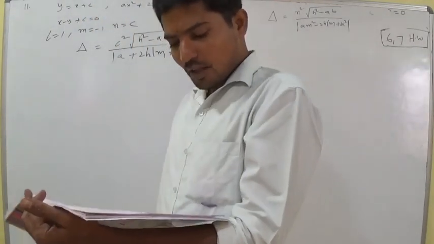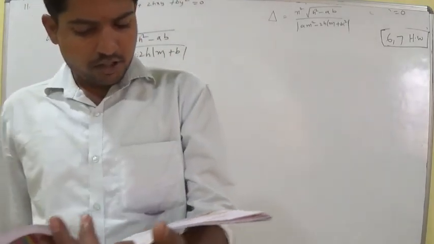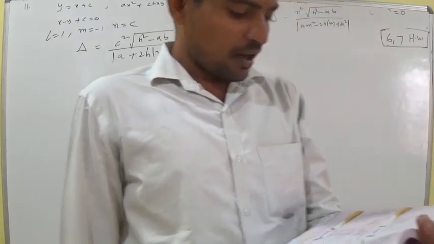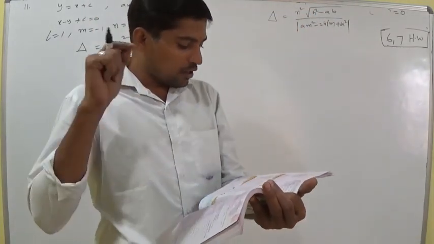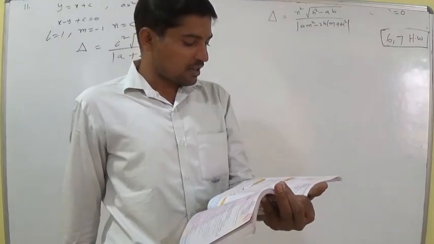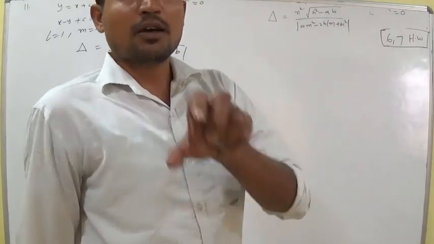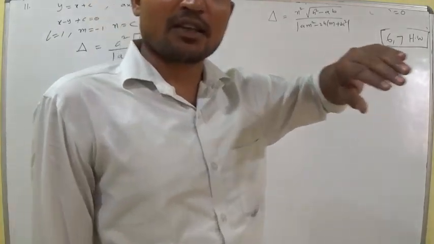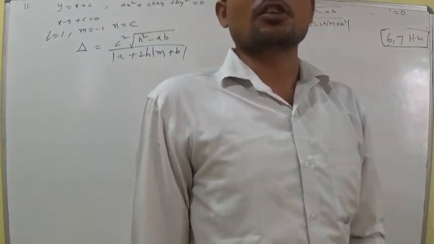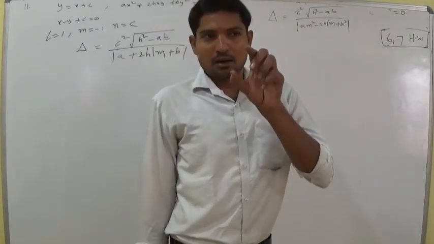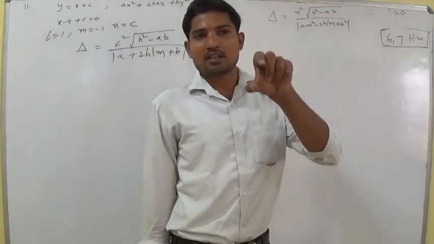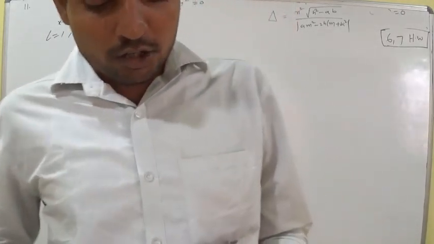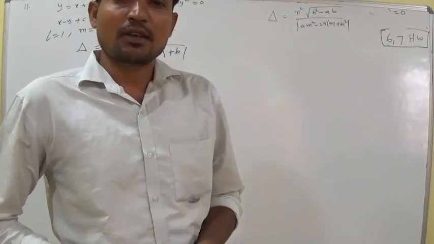Next, pair of straight lines is given here. Then find the combined equation of the lines. That one also you can do as homework. Pair of lines are given. Use the formula h into (x square minus y square) minus xy into (a minus b) is equal to 0. That is the combined equation of bisectors of the angles between the given lines L1 is equal to 0 and L2 is equal to 0. So 12th one also do as homework. Let us discuss in the next class.